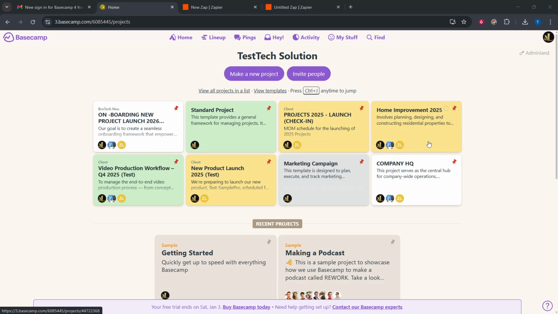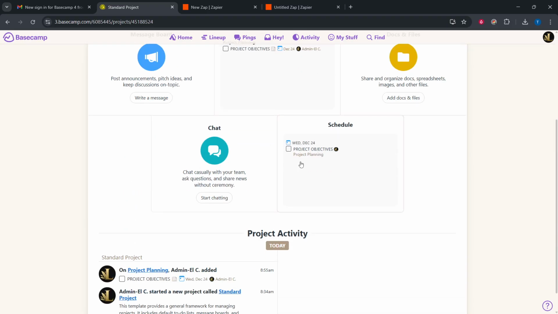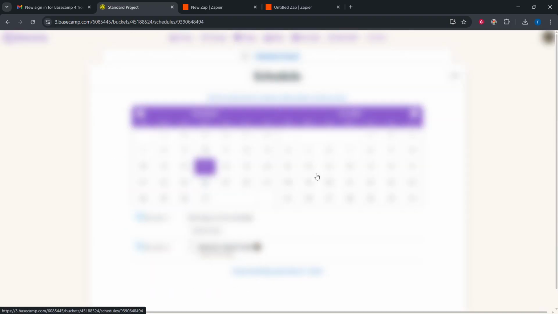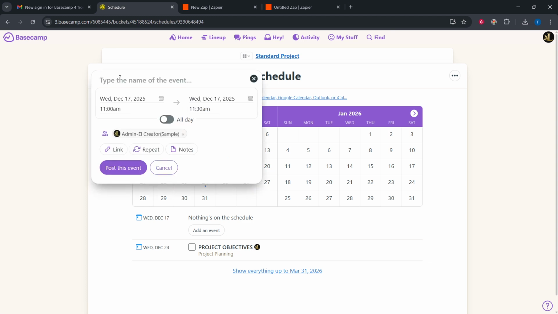Open that project, then choose the Schedule tool. Every project has its own schedule calendar, and events live right there in context. This is important because the upcoming dates and My Schedule areas are summaries. They're great for seeing what's on the horizon, but you can't add anything from those views. If you don't see options to create a new entry, double-check that you're inside the project's actual schedule, not a